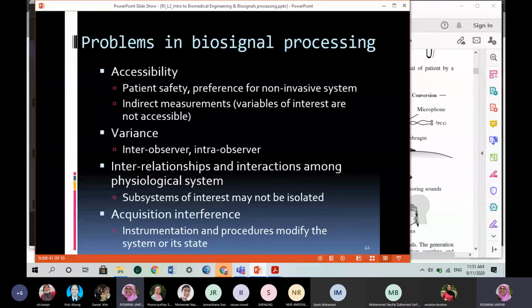So they prefer a non-invasive system. But non-invasive systems mostly do not record the actual process inside the body. But because of the preference, because of discomfort,